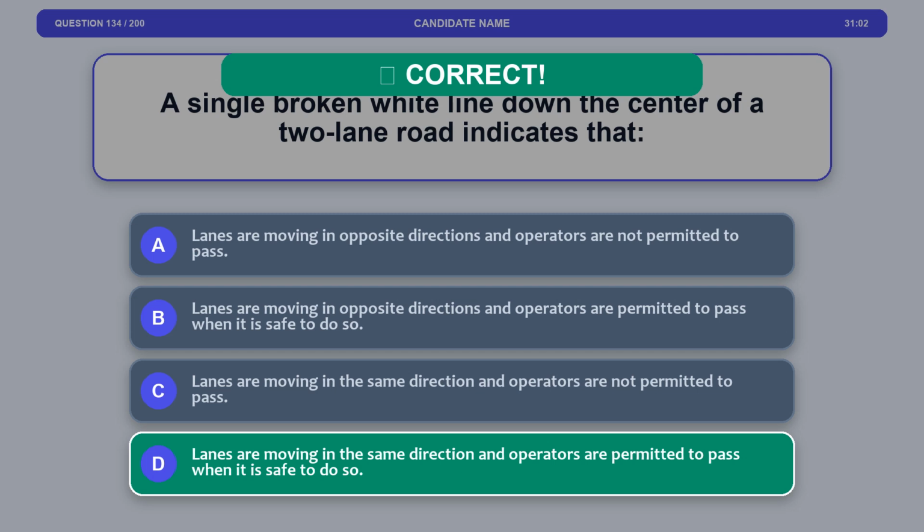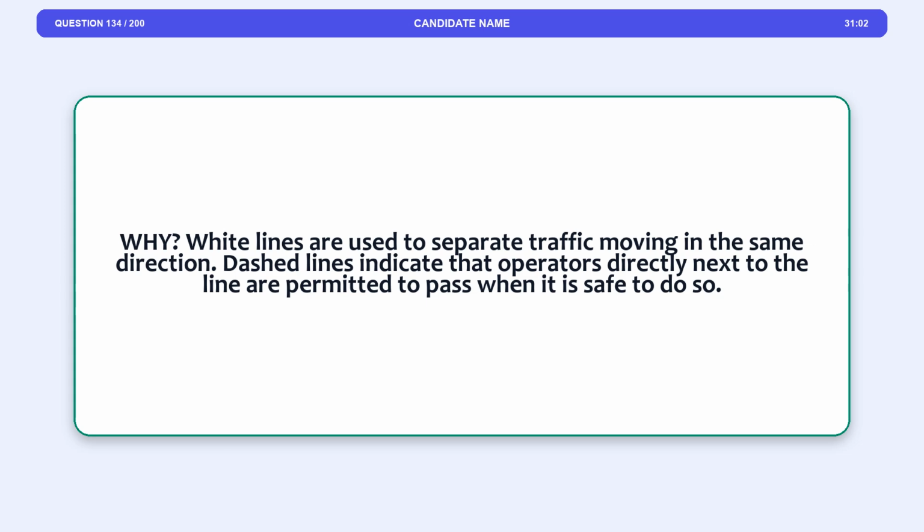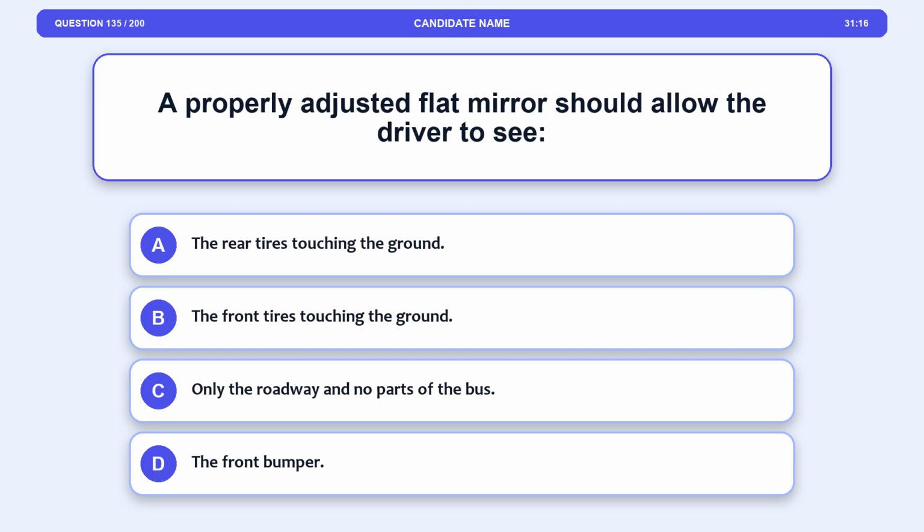The correct answer is option D. Lanes are moving in the same direction and operators are permitted to pass when it is safe to do so. Explanation: white lines are used to separate traffic moving in the same direction. Dashed lines indicate that operators directly next to the line are permitted to pass when it is safe to do so. Question 135. A properly adjusted flat mirror should allow the driver to see option A, the rear tires touching